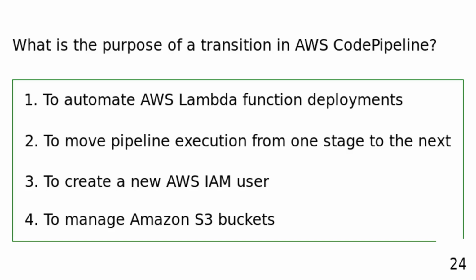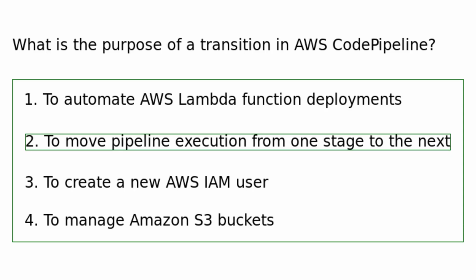What is the purpose of a transition in AWS CodePipeline? To automate AWS Lambda function deployments. To move pipeline execution from one stage to the next. To create a new AWS IAM user. To manage Amazon S3 buckets. A transition in AWS CodePipeline facilitates moving pipeline execution from one stage to the next, ensuring the automated flow of